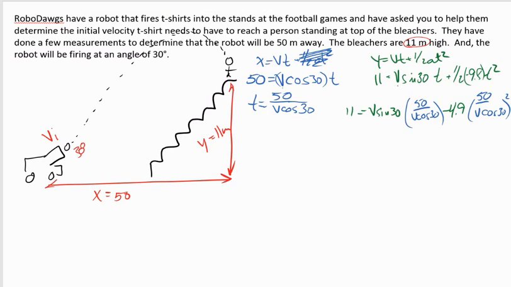So I'm going to take this and say, hey, I have a velocity here and a velocity here that can be canceled out. The sine divided by the cosine is going to be the tangent. So 50 tangent of 30 equals 11 minus all of that term. Well, if I subtract this over to the other side right away, I'm going to end up with a negative 17.87 equals the rest of this term. Now, if I take a negative 4.9 times 50 squared divided by the cosine of 30 squared, I end up with a